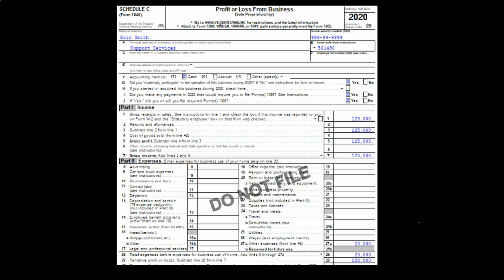Here's an example of what the Schedule C looks like. We have the income half, then the expenses, which are in essence deductions. We're concentrating here on the deductions of the legal and professional expenses. Those are going to go down here on line 17. Again, hopefully when we get the information to prepare the tax return, including, say, an income statement, the proper amounts have been included in the legal and professional. It should be fairly straightforward,